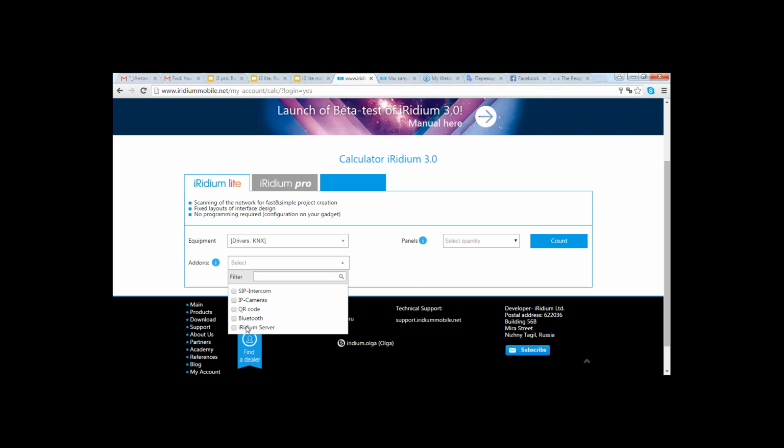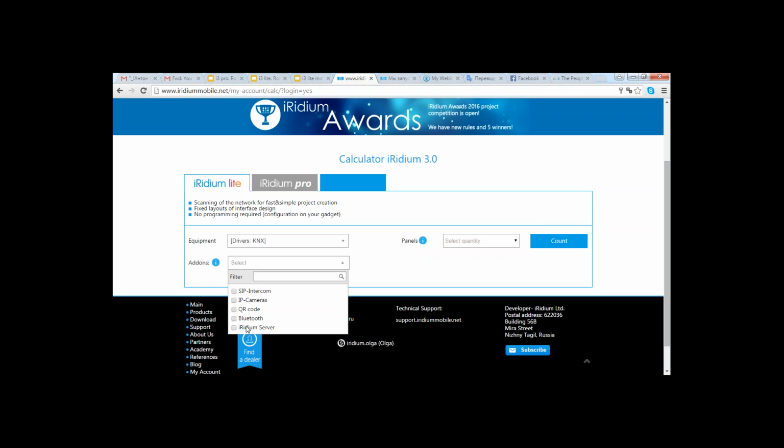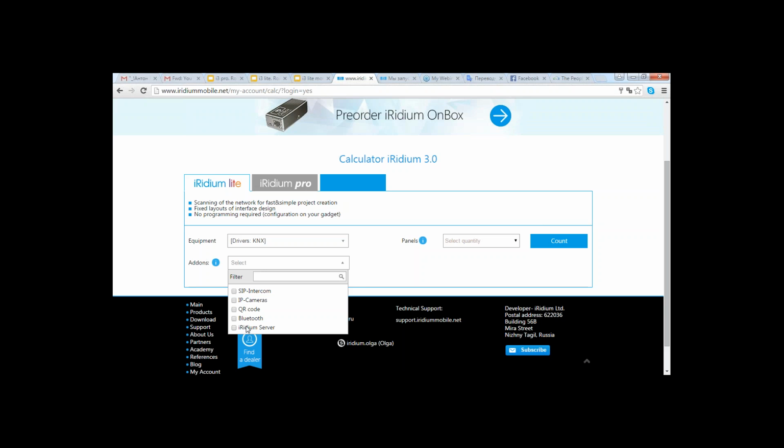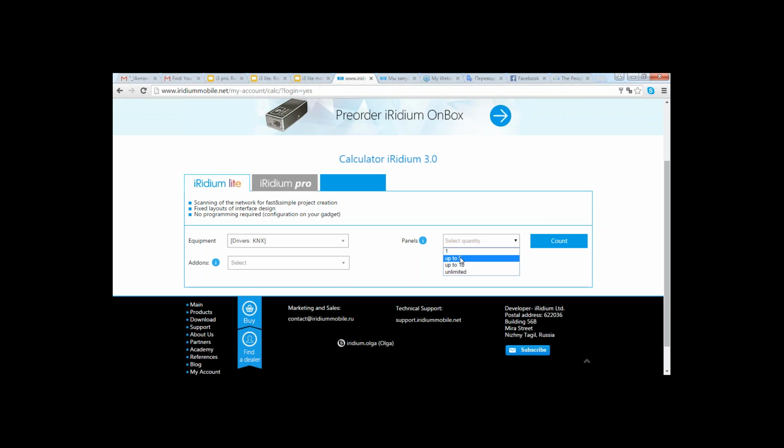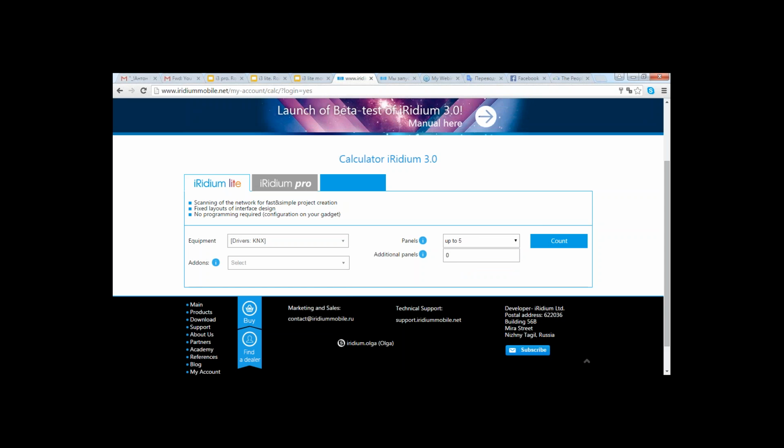So it makes the pricing of iRidium Lite cheaper than the pricing of iRidium Pro, because in iRidium Pro, any license you buy includes iRidium Server in it. That's the difference. And here you can choose panels, then you can add them additionally if you need, etc.